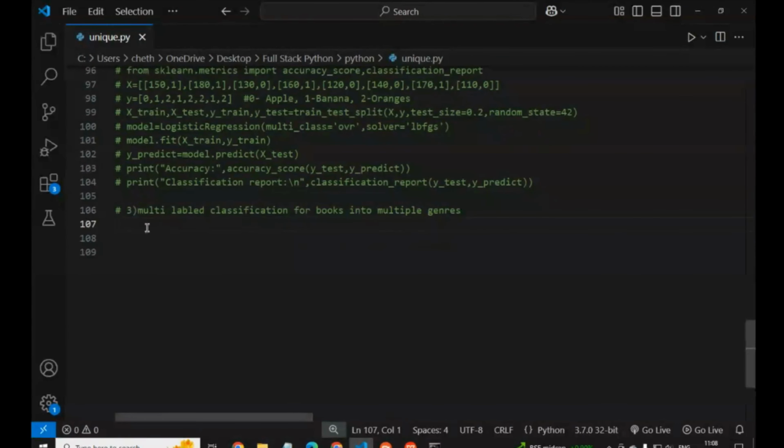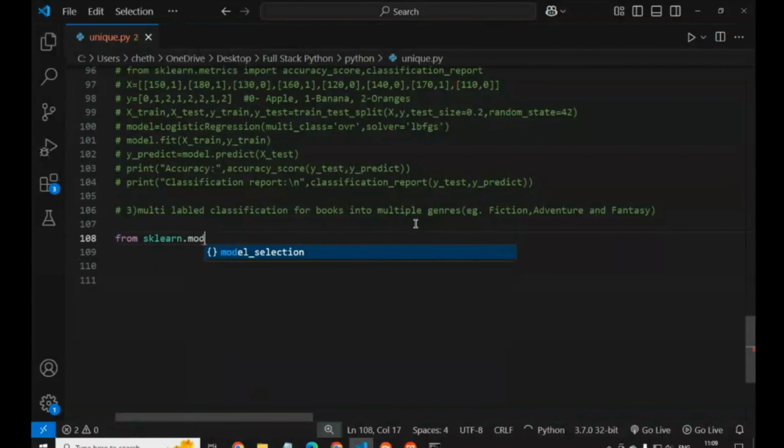For example, we take fiction, adventure, and fantasy. After this, we write from sklearn. We have to import some modules. So import